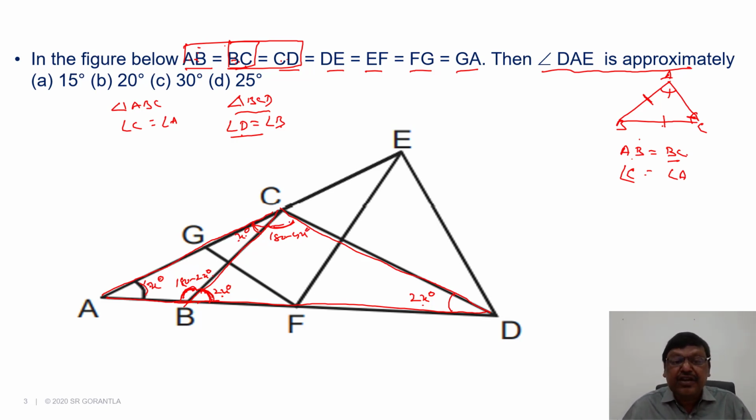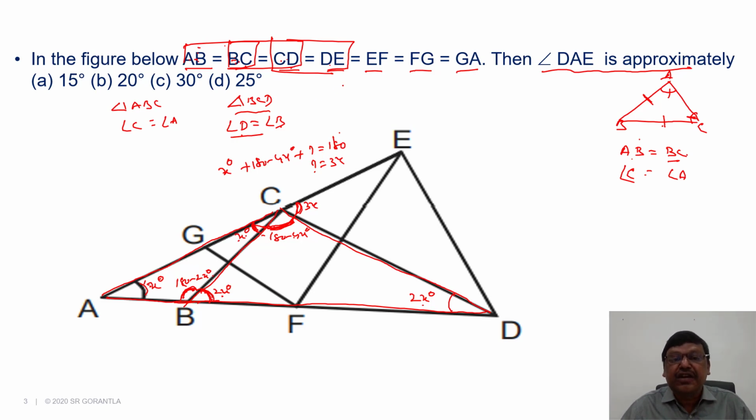But you know this entire straight line is 180 degrees. If this portion is x and this is 180 minus 4x, total 180 minus 3x means this portion should be 3x. I repeat, if it is x degrees here and this is 180 minus 4x, what should be here so that the sum is 180? The 180s get cancelled, x minus 4x, minus 3x goes to the other side. In place of the question mark, I should have 3x.